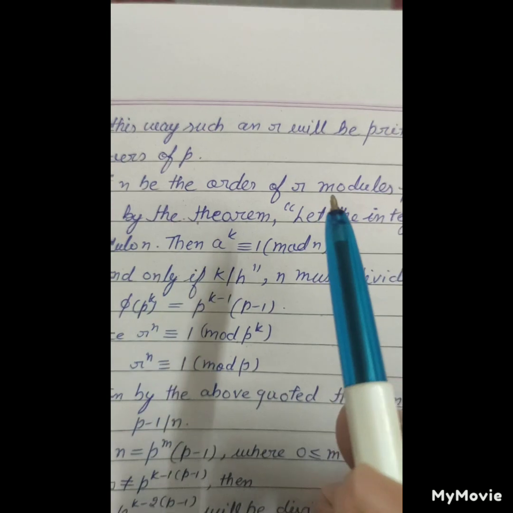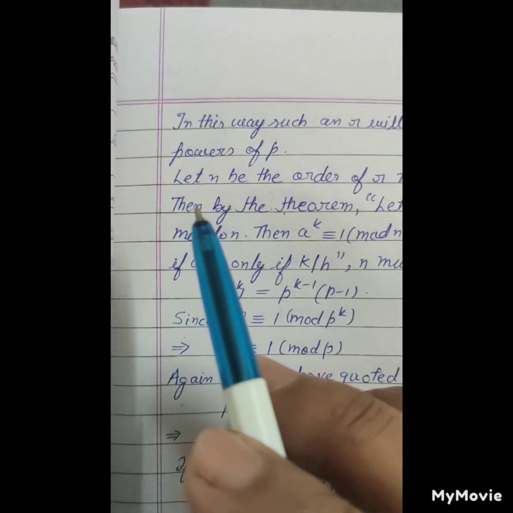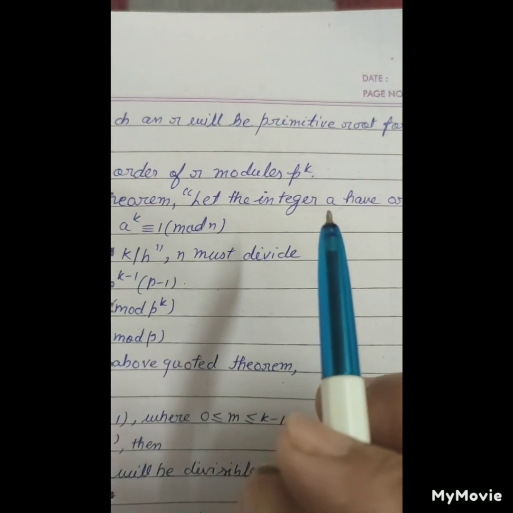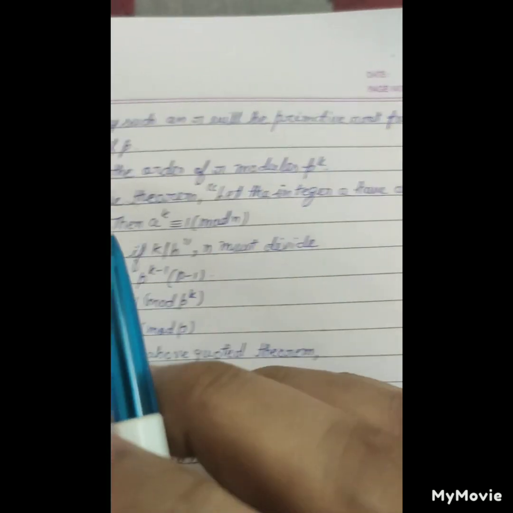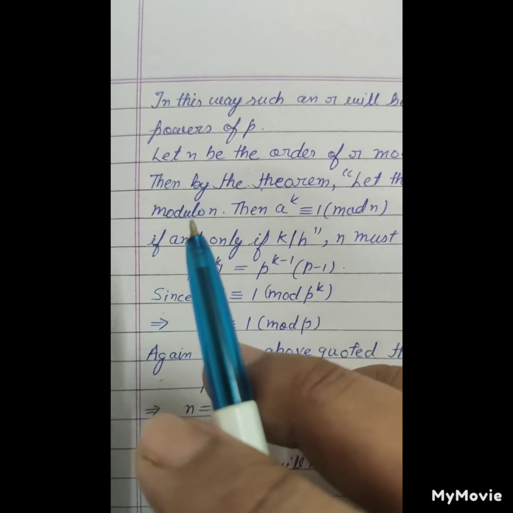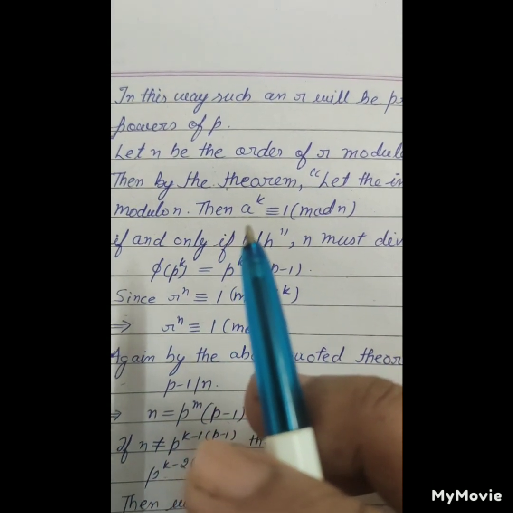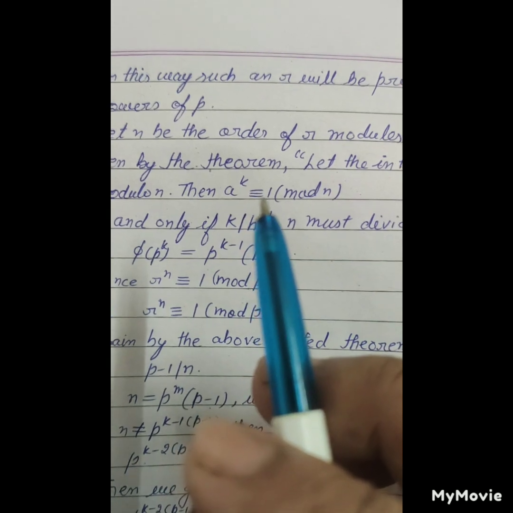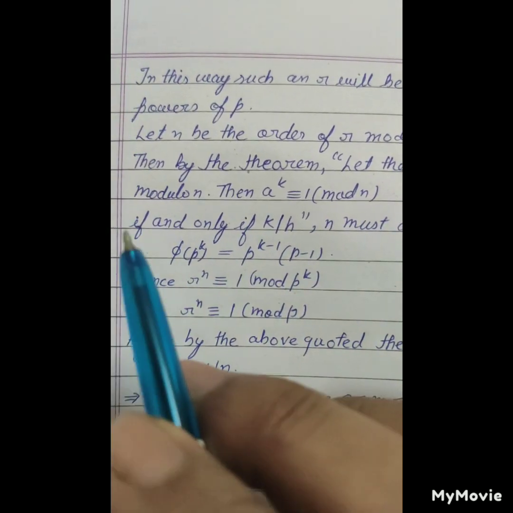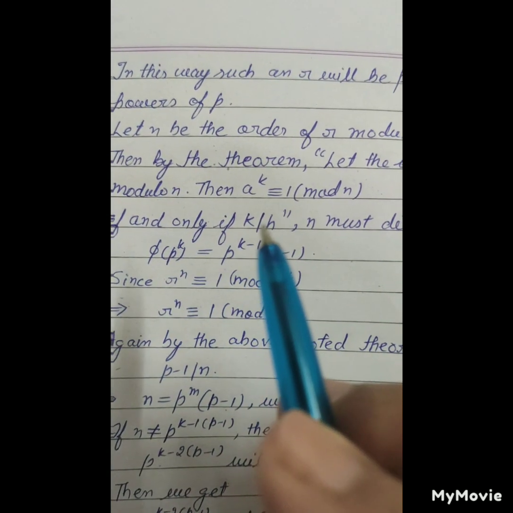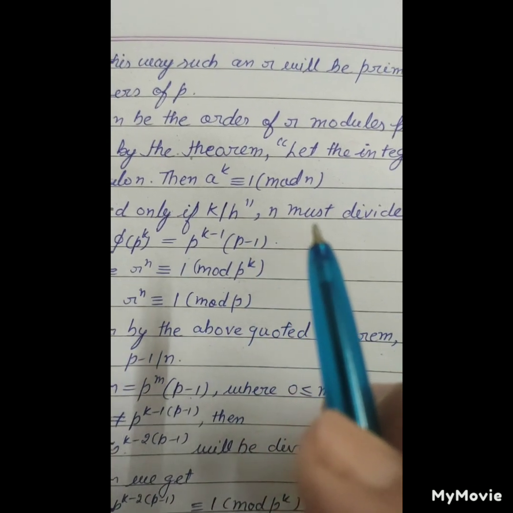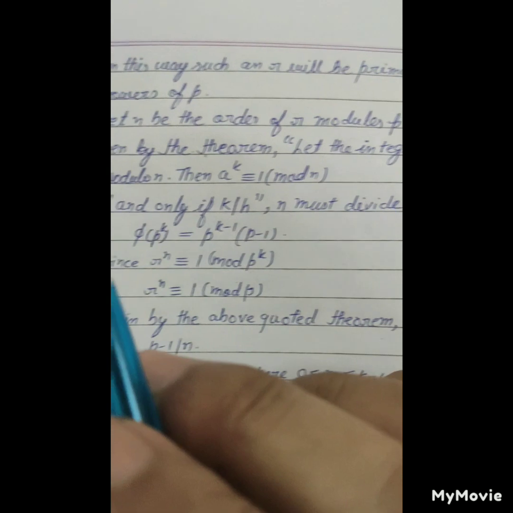Now let n be the order of r modulo p raised to power k. Then by the theorem, let the integer a have order k modulo n. Then a raised to power k is congruent to 1 modulo n if and only if k divides n, and n must divide